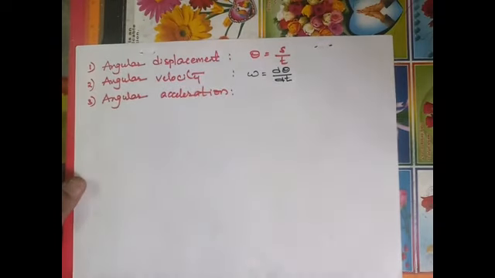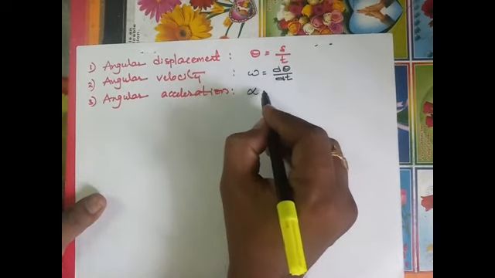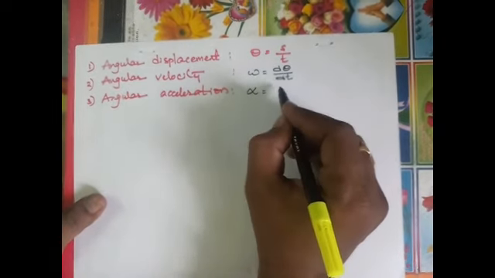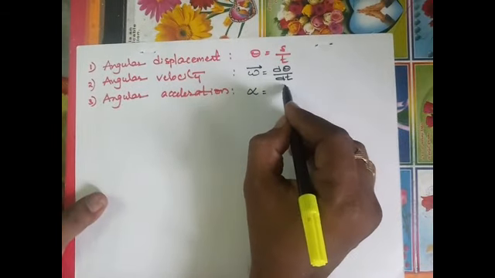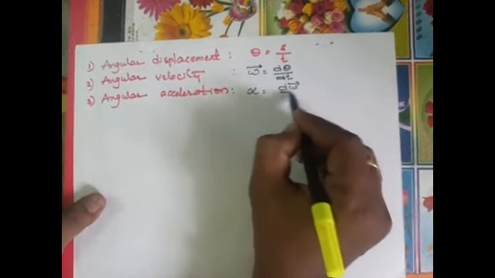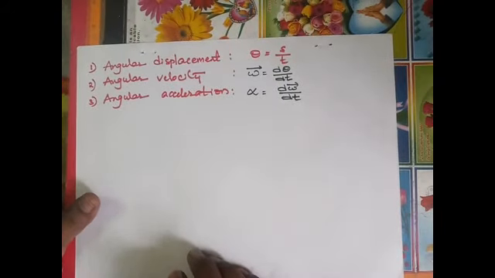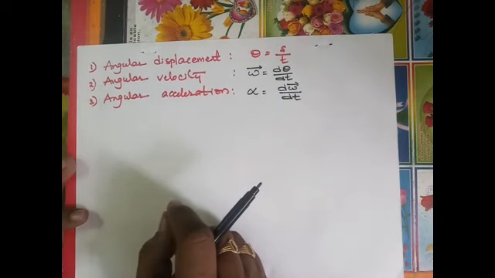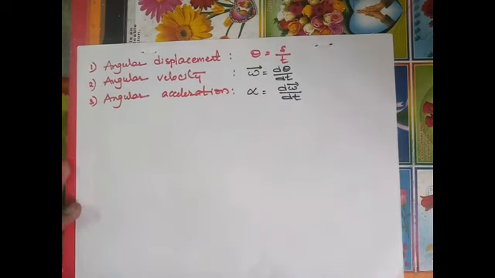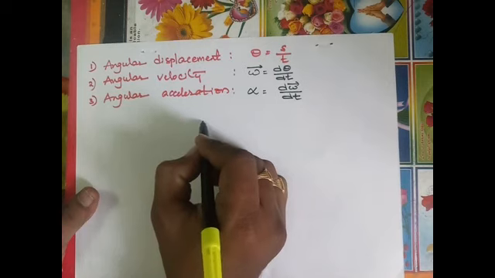So instantaneous angular acceleration is represented by alpha, where alpha is equal to rate of change of angular velocity, d omega by dt. Okay, now we have to see, we know the equations of motion. So if the body is in linear motion, how can we write equations of motion?